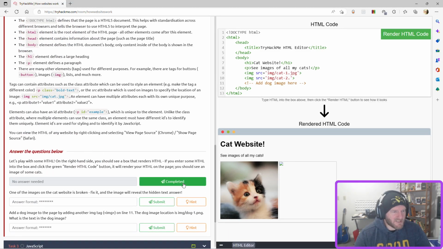So let's play with some HTML. On the right hand side, you should see a box that renders HTML. If you enter some HTML into the box and click the green render HTML code button, add a dog image here. So let's see if they even have a dog image. I doubt it, but we're gonna find out. So image source equals, I'm just gonna take a guess here, dog-1.jpeg,